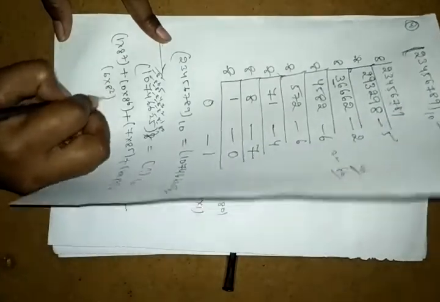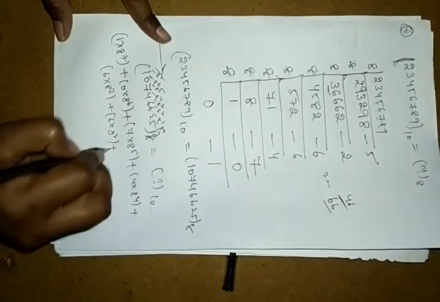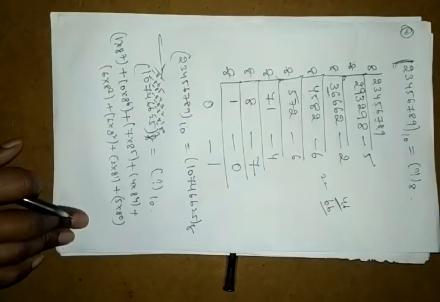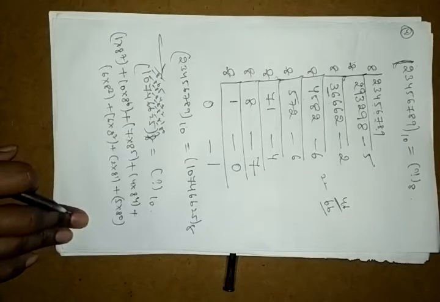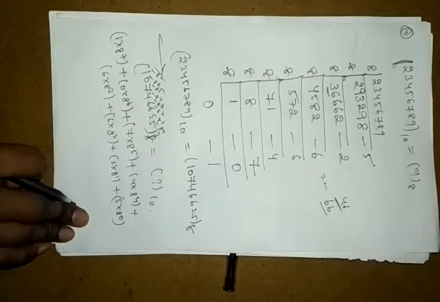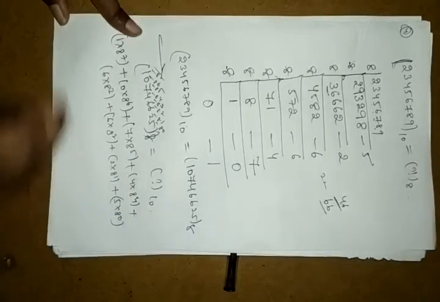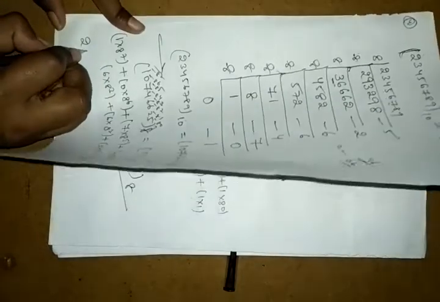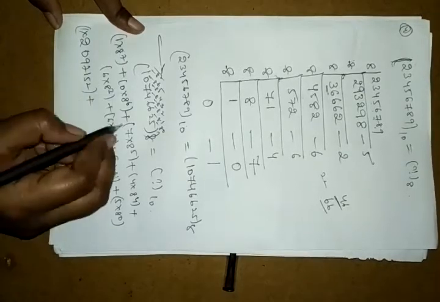4 into 8 power 4, 6 into 8 power 3, 6 into 8 power 2, 2 into 8 power 1 plus 5 into 8 power 0. Right? 8 power 7 we have. So we'll get like 2097152 into 1 only, right? We have 1 only. Plus your 0, 0 only we will get.